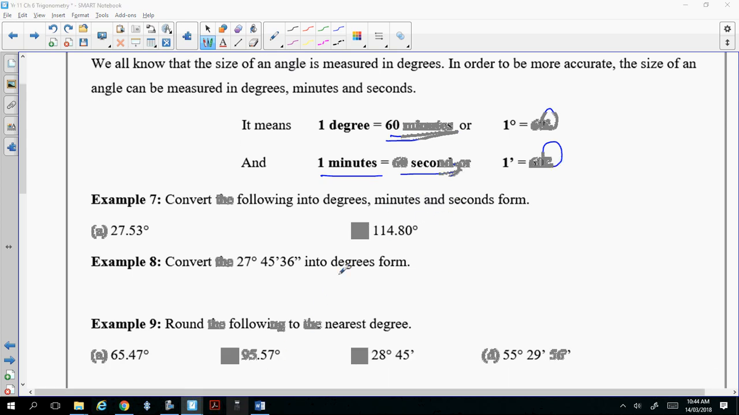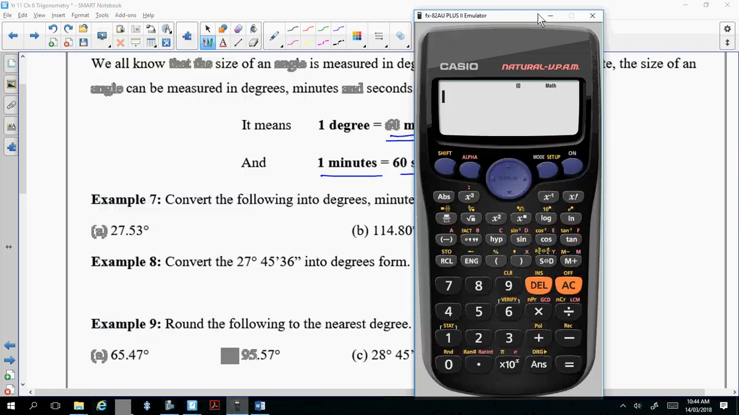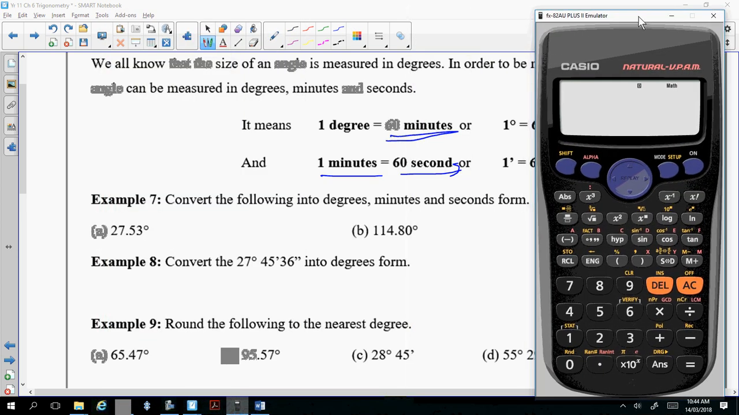Okay, so now we're going to convert the following into degrees, minutes and seconds form, so you can use your calculator. So in this section you need a calculator. If you don't have one, borrow one from me. Otherwise, take out your calculator. So we're going to convert the following into degrees, minutes, seconds form. So write down